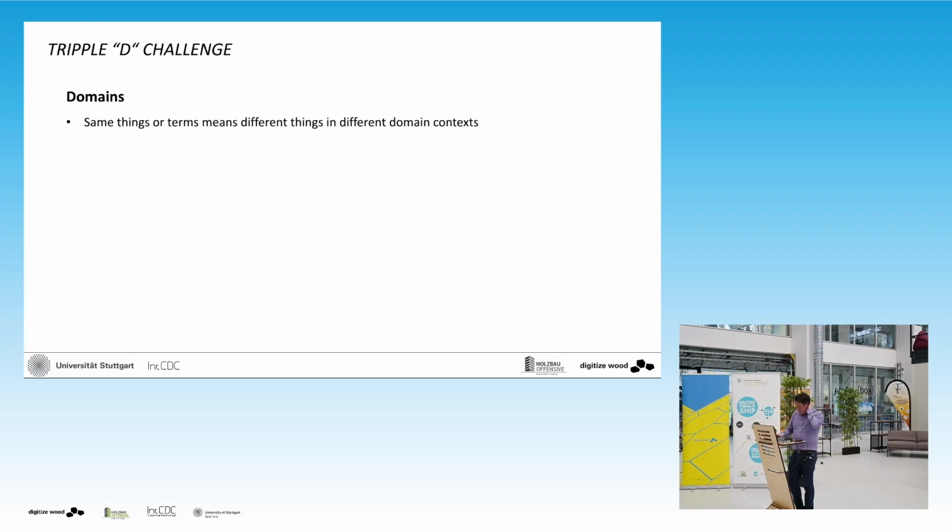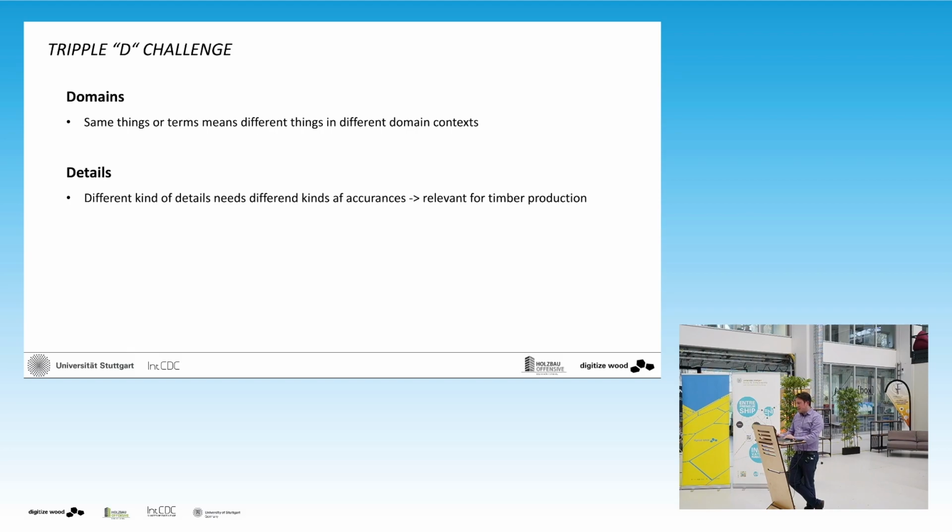Yeah, now we come to some problems. I think the others will also talk about some issues, but I will talk about the triple D challenge. On the one hand, we have the domains, so that different people understand different things under the same subject. For example, we don't have the social sciences here, but when we think about a platform, maybe a social scientist would think about capitalism, and we think about knowledge transfer, and maybe a geek would think about uploading and downloading data. So everybody thinks about something else. So that's really domain dependent.